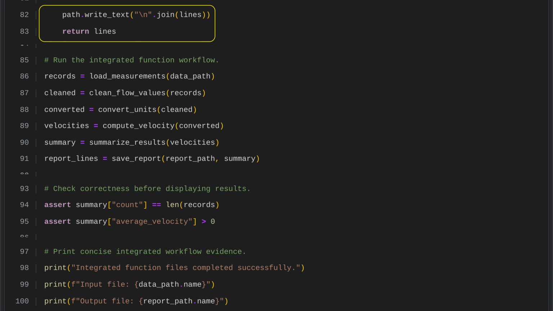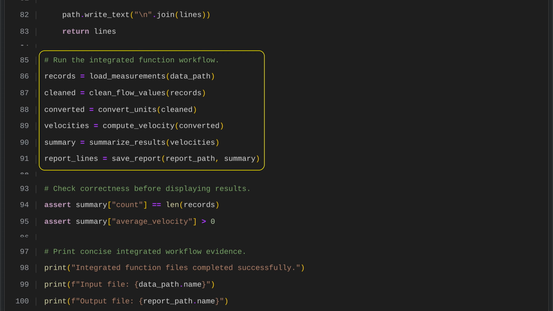The function saves the report by combining its lines into one newline-separated text string and writing it to the chosen file. It then returns the original list of lines, so the calling code can still use the report content if needed. The workflow loads measurement data from a CSV file, cleans missing flow values by replacing them with the